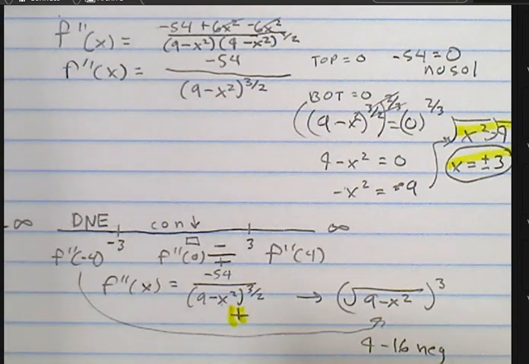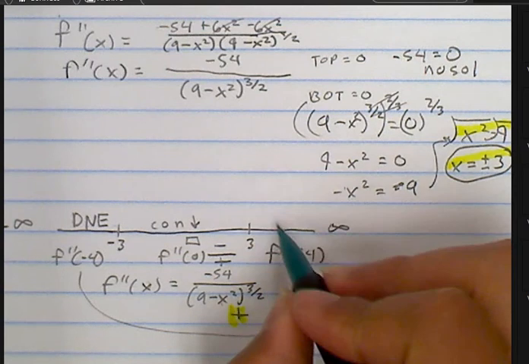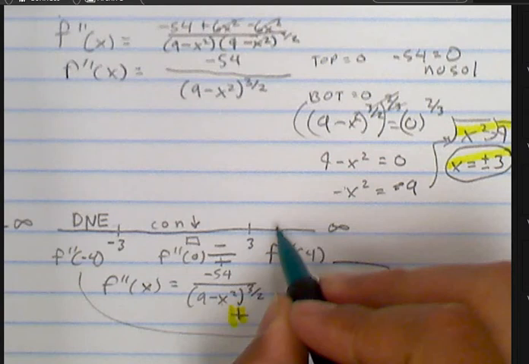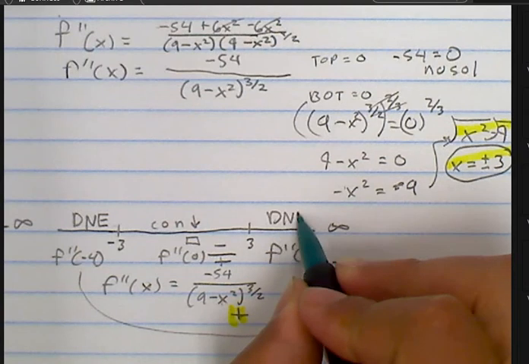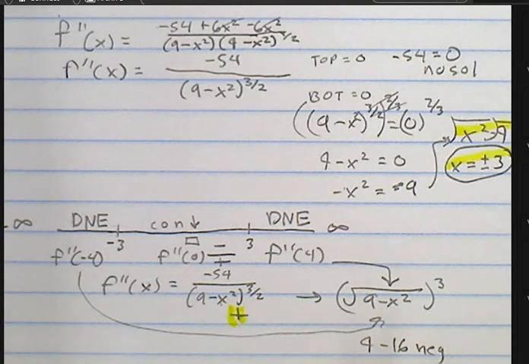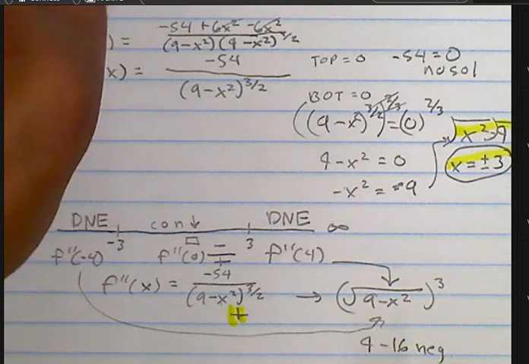Okay? When I plug in 4, I'm going to get the same thing. So it does not exist. Alright, that's the first and second derivative test. Alright, next, the next step,